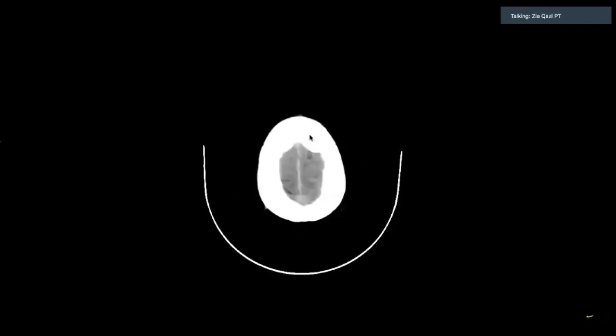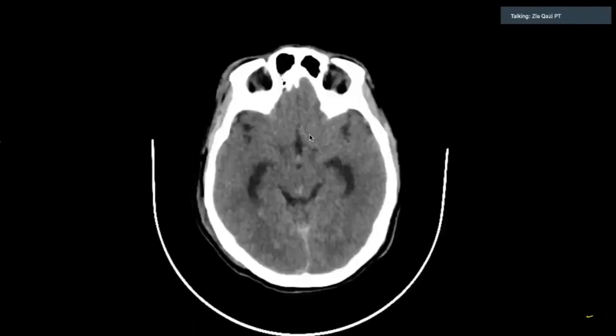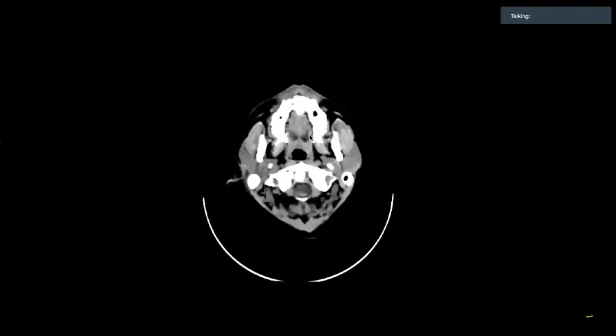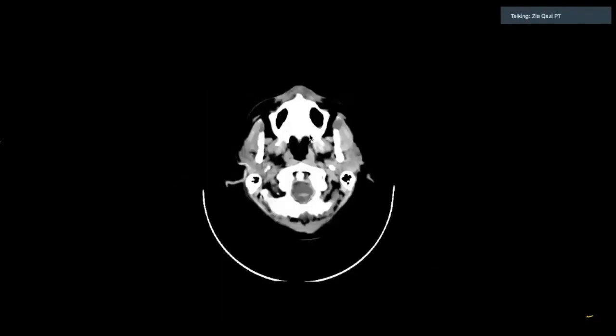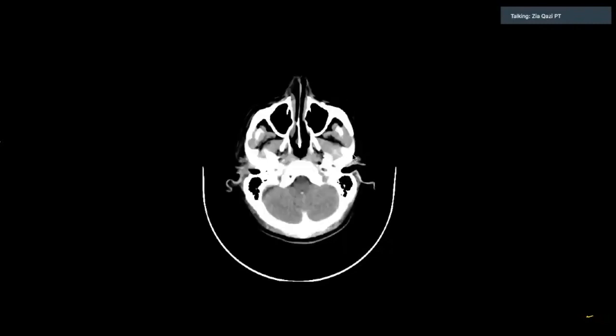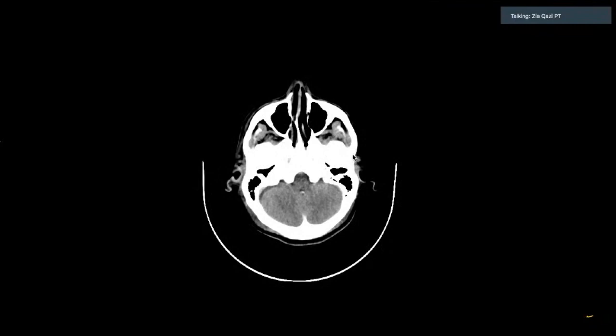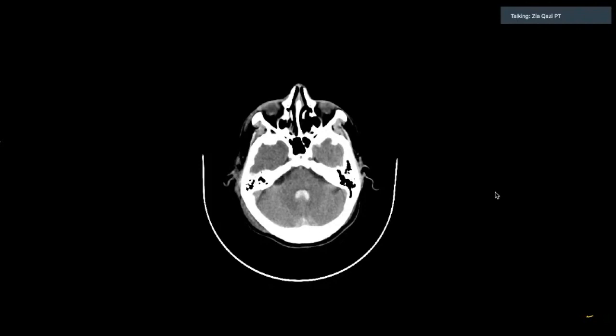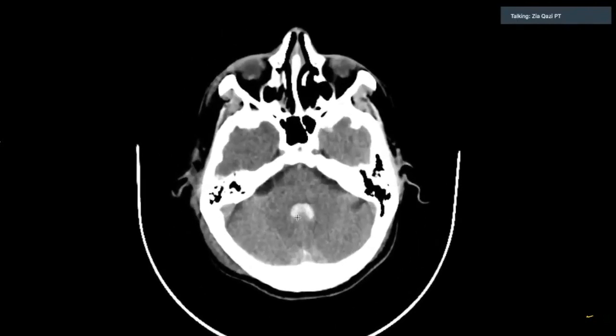As you go higher, we'll start from below. Now we'll focus only on the abnormality. Okay, as we go below, you don't see anything here, don't see anything here. In the next section, until the foramen magnum, we don't see anything. As soon as we cross the foramen magnum and ascend a little into the cerebellar sections, you see there is white patchiness across the cerebellum, and there is hyperdensity. So there is hyperdensity across the cerebellar layer, and there is hyperdensity at the place of the fourth ventricle where it should not be there.